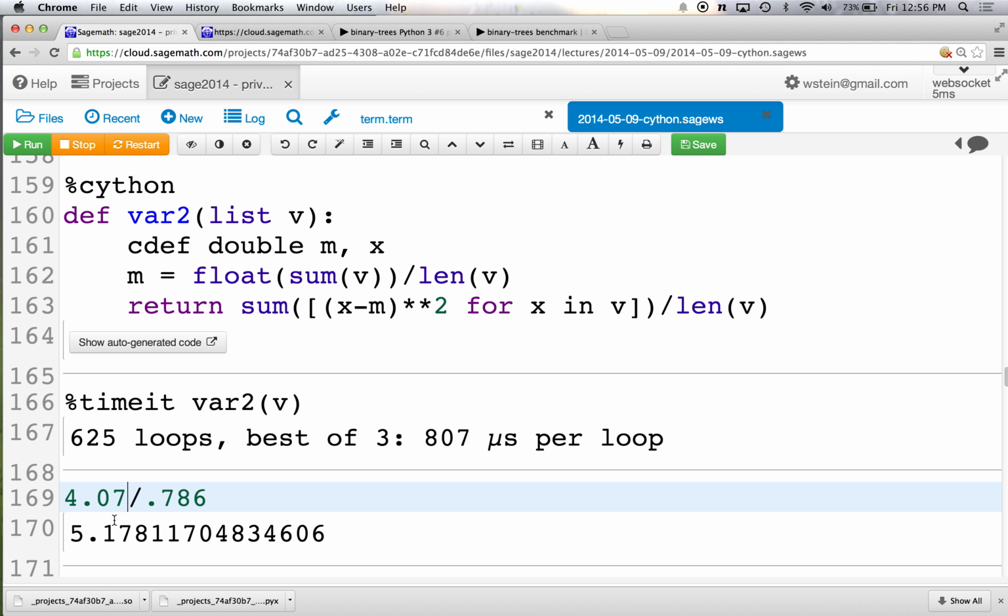Yes? Didn't it run 5 times as many loops, though? It still gives you the time per loop. So when we are waiting, because it's faster, without us dying of impatience, it can do more tests, and that's what it does. So the number of times it loops in timing the evaluation of this depends on how long it takes to do the first evaluation of this.